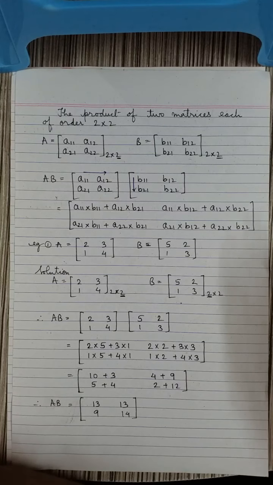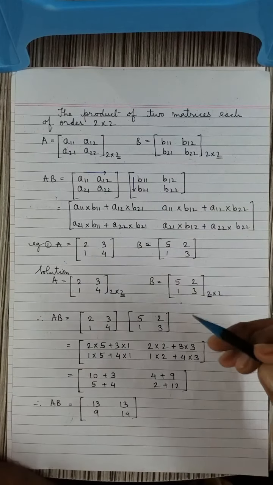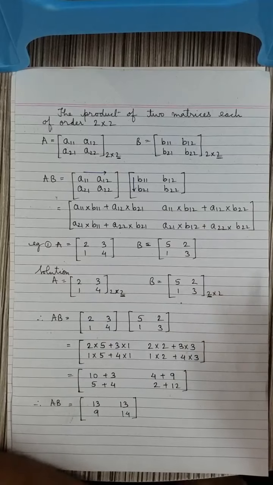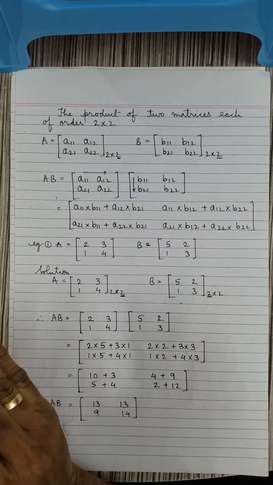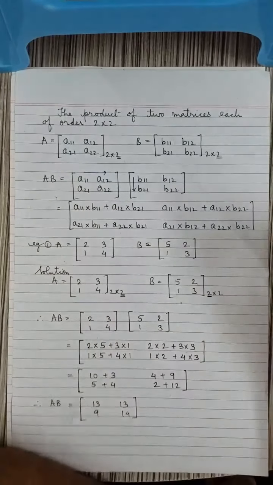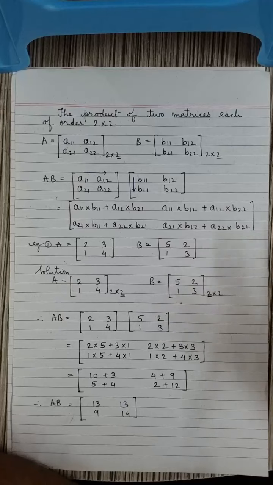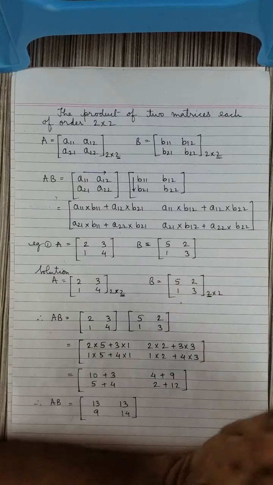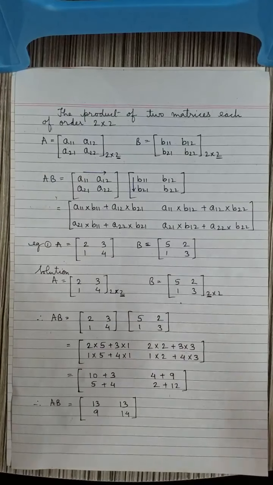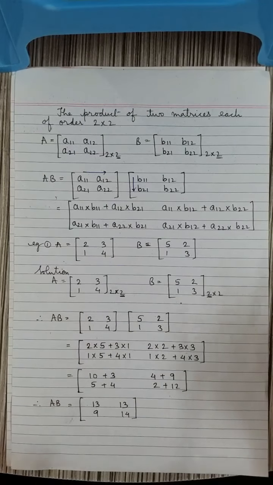Now that we have understood when two matrices can be multiplied, we will try to understand how to multiply them. So when to multiply you have understood, but now we are going to learn how to multiply. We are taking an example of two matrices whose order is 2 into 2. First I will be teaching you only 2 into 2, and later on I will teach you the different varieties. The first will be the basic variety which comes in the exam, that is 2 into 2.